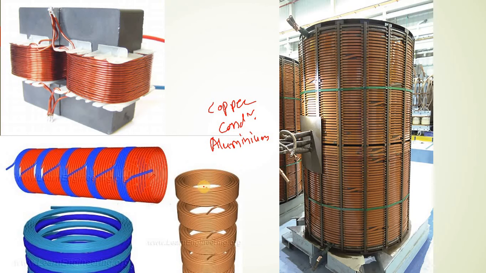Okay, so these are the coils, and these are placed over the core. In the case of a big capacity transformer, the coils are previously wound on a former. Okay, insulated coil, and this coil is placed over the core like here. Okay, and then the top portion of the core is fixed. You can see here, this is the coil structure.